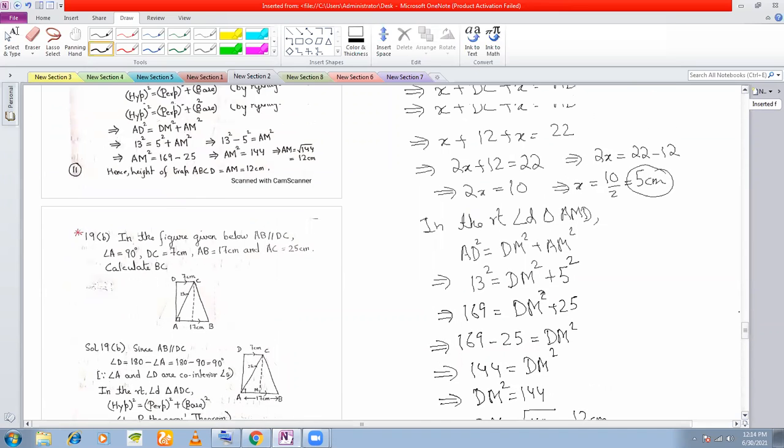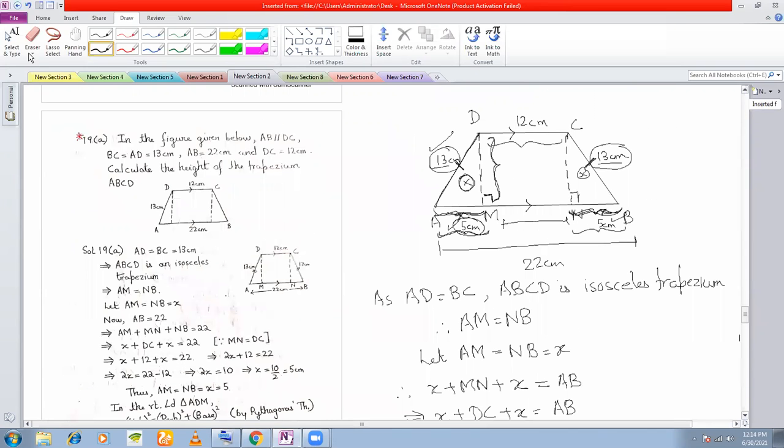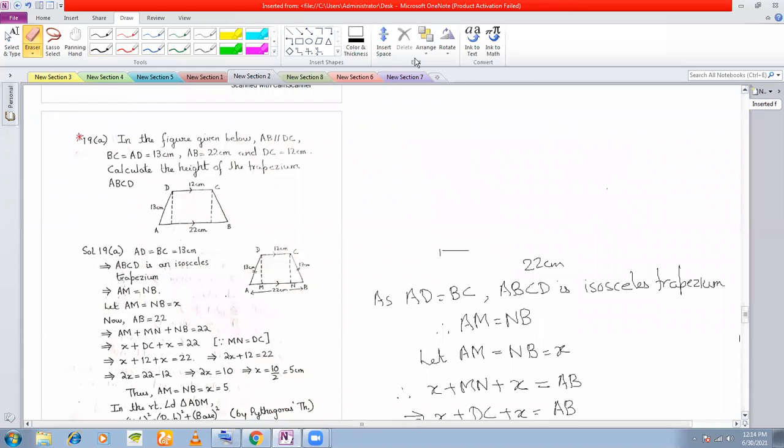Clear? Or any question? Yes, sir, clear. And you understood isosceles trapezium. You were asking about this, right? On the first thing, first one. No, sir, I was not asking. Okay, who was asking? So I was asking. Did you understand?